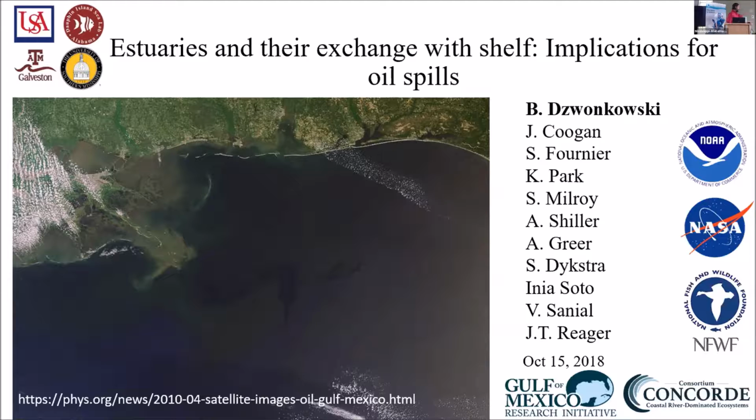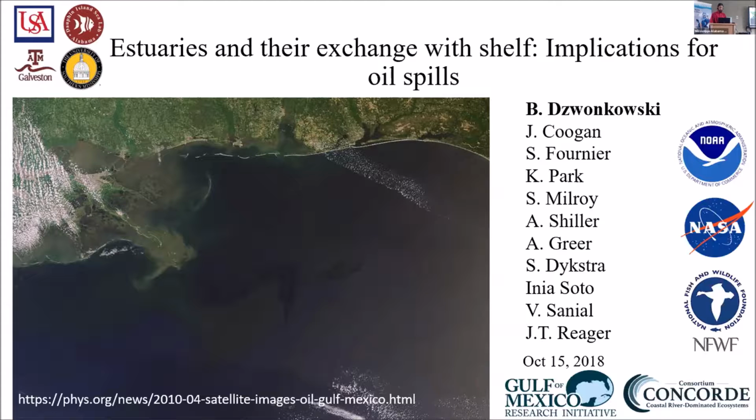In particular, as this probably famous image shows, the oil spills that we often get in the Gulf of Mexico are from offshore. We have a lot of rigs, a lot of petroleum industry going on offshore, whether it's the oil or gas industry. So oftentimes the threat of oil spills is going to be coming from offshore rather than within the system, although there are clearly threats within the system with the shipping industry and things of that nature. But I'm going to focus primarily on some of the offshore implications for how spills can get into estuaries